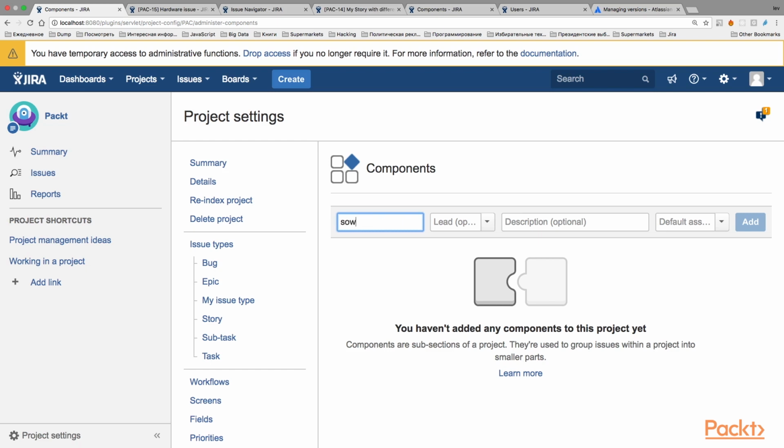So in this case, we would create a software component with a lead, for example, Dan Brown, who could be the team lead of the software team. Here we could add some description, such as issues that have to do with software